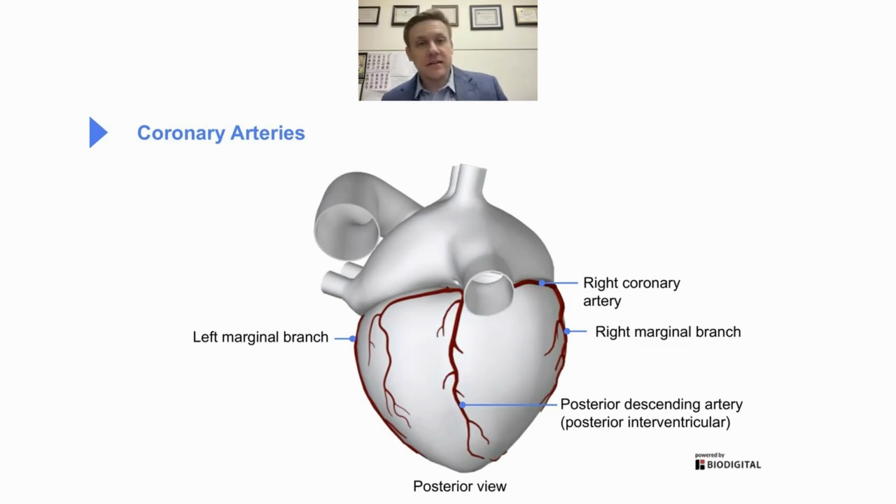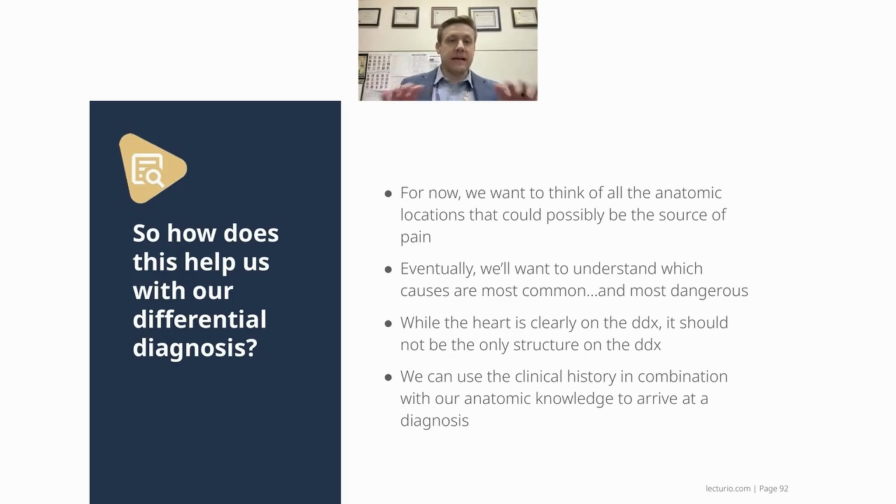And as you can imagine, we talk about that because there's clinical significance, right? Say you have a right dominant heart. If you have some sort of occlusion of the right coronary artery, that is actually going to be a lot worse than if it was a left dominant heart, because that is the artery that was supplying all of this posterior aspect of the heart. Okay, so that's a very brief overview, maybe review, maybe preview, depending on where you are in your